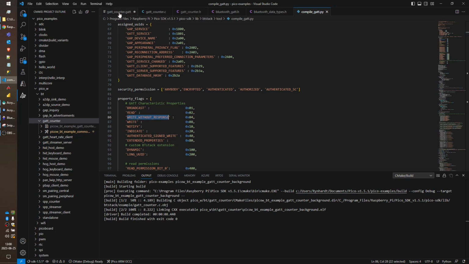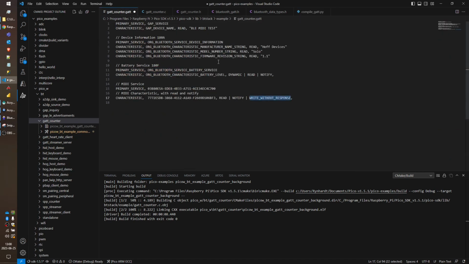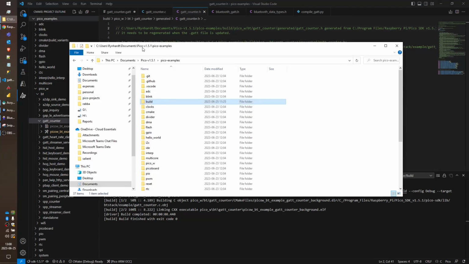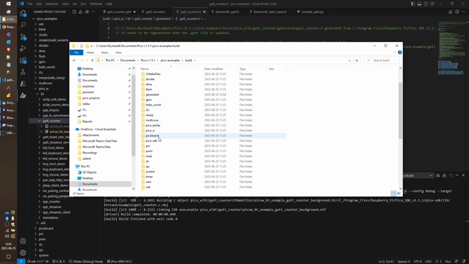Alright. So you've got to set up your headers, like your services for your little program, and when you compile it, it'll actually generate this H file, header file, for you. Now this header file is going to be put into your build folder. So if you now go to your Pico examples folder, build, and we should have Pico W,